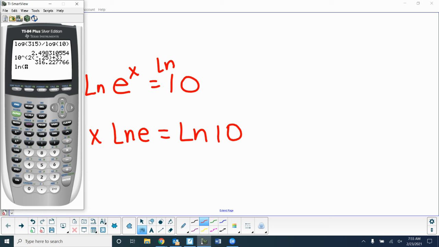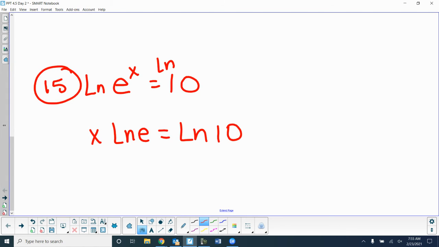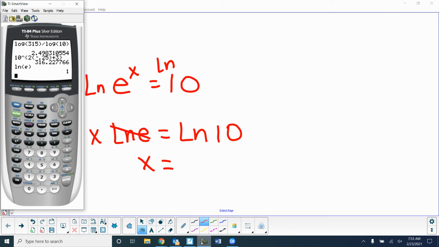is this second division. You'll see that it's 1. But they just cancel. So that's why I used that natural log this time. Log will still work, but that just gets that out of there. So I just got X equals, and then I just put in my calculator natural log of 10. So it's 2.3